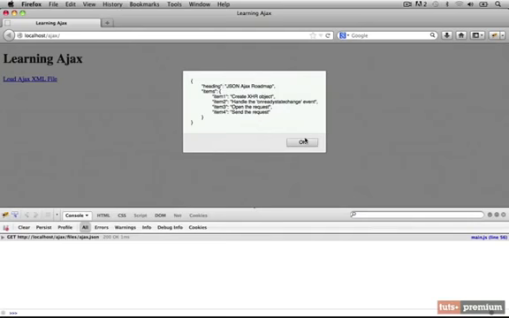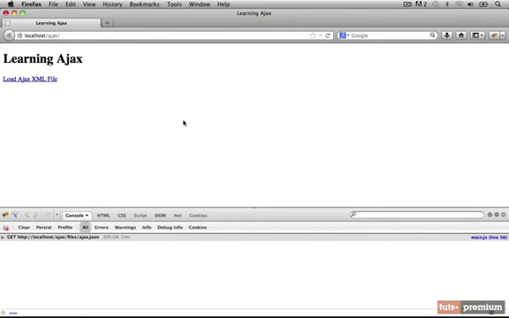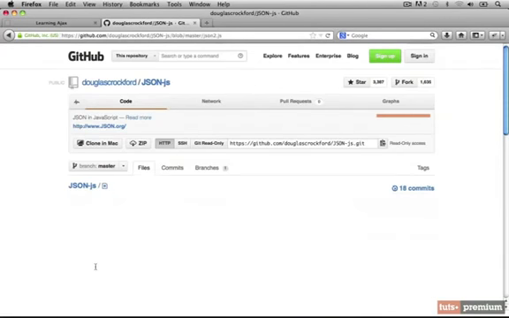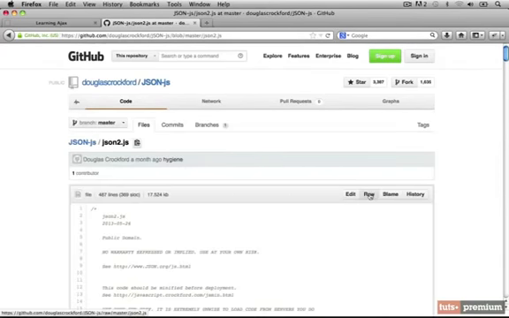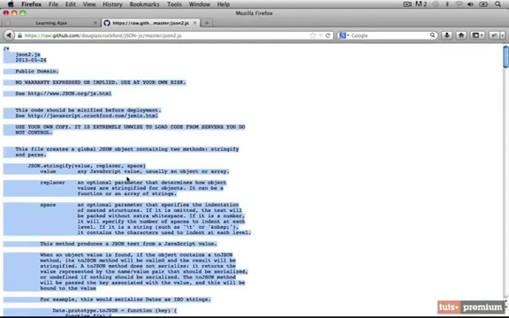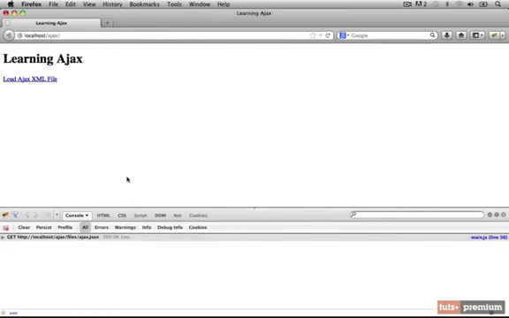So let's hit OK, and we can download Douglas's JSON parser on his GitHub page. And here's Douglas's GitHub page. It's just at github.com/douglascrockford/json-js. Now the file that we're interested in is the json2.js, so let's click on that. And then on the right at the top here, you'll see we have this raw button, so we can click on that. And now we can select all of the code, copy it, we can close this page out, and